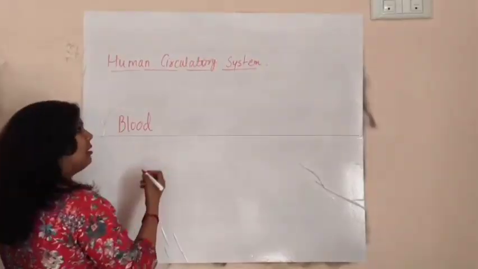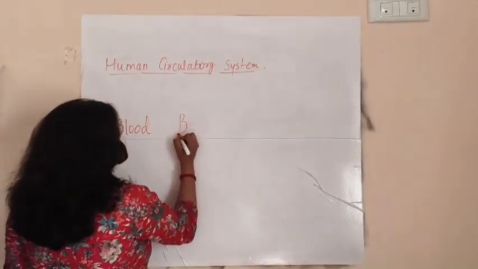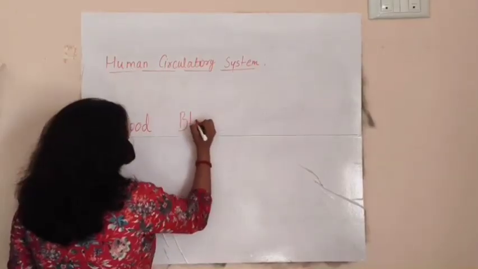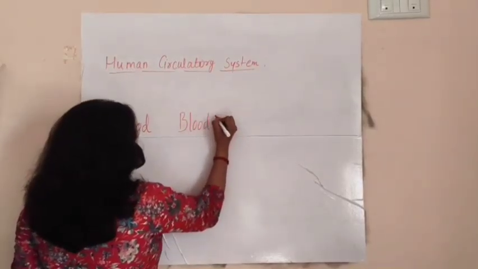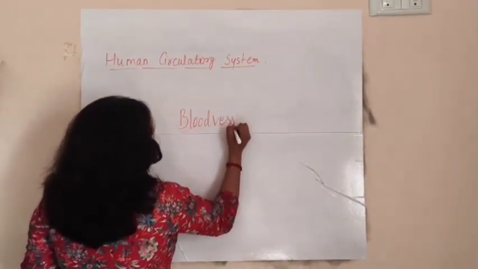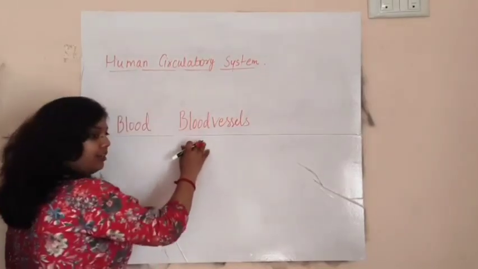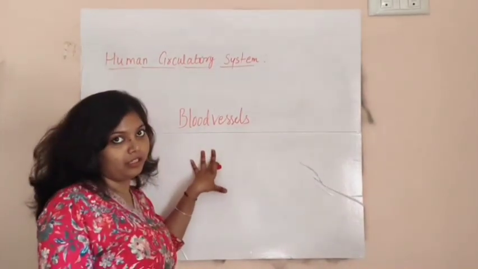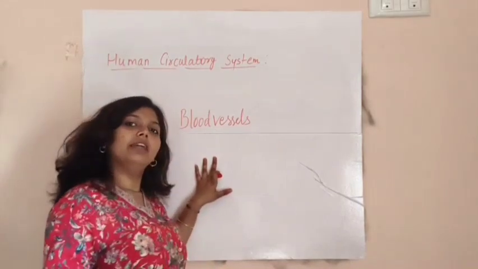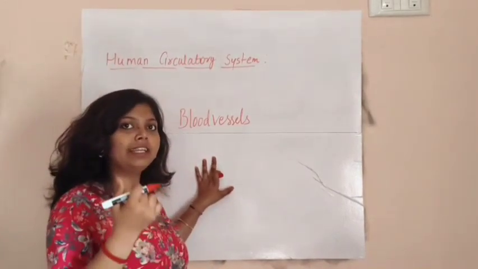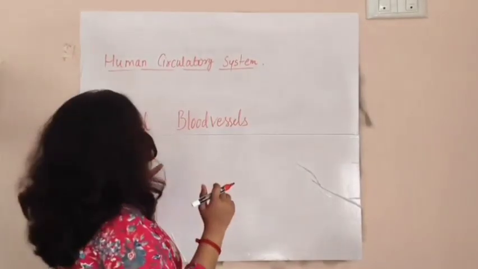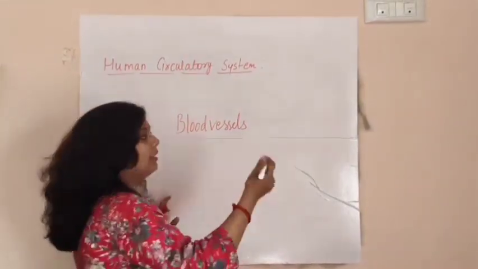We require a pathway through which our medium can flow. So that being the blood vessels. We have the media and the pathway now, but we require a force that can help us to push or to pump the media throughout the body, and that is